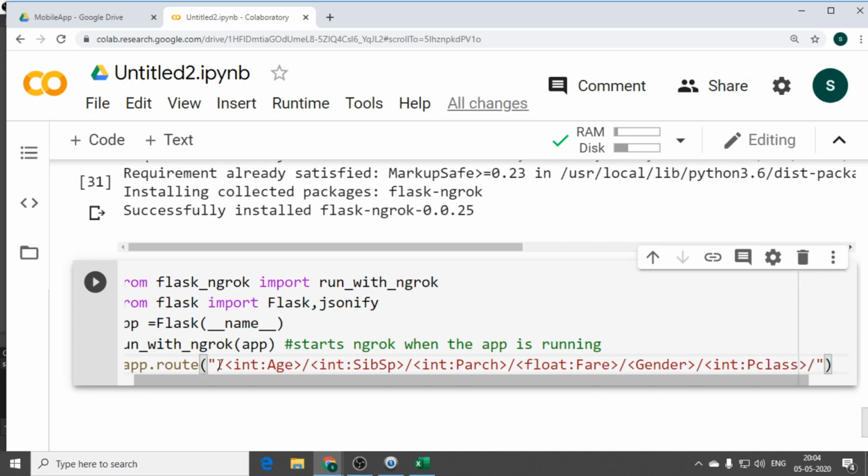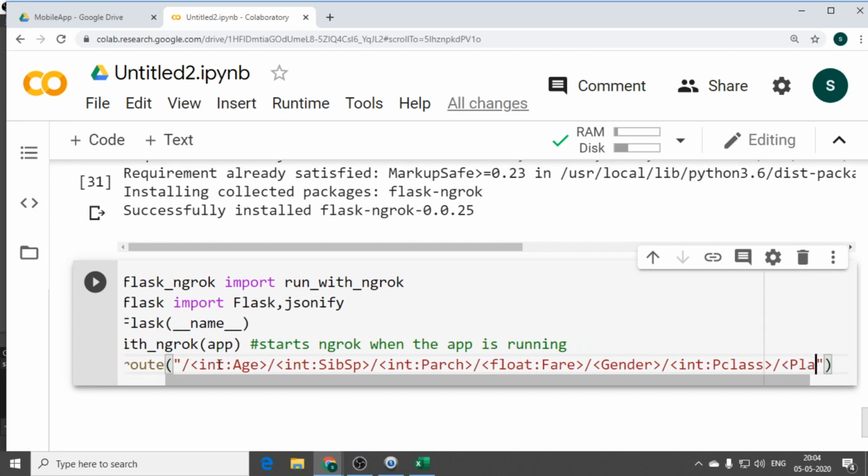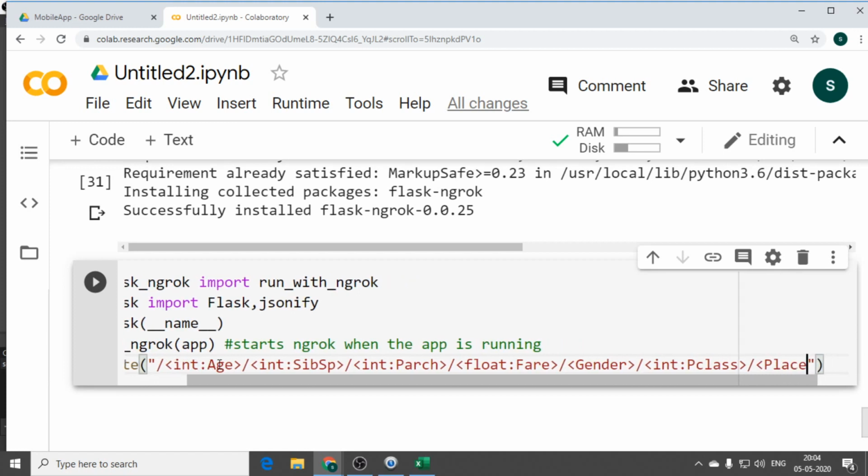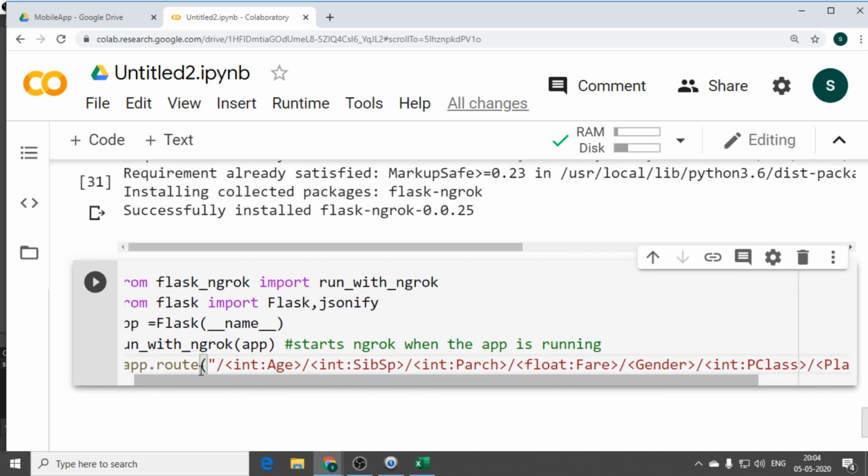This entire URL will be copy-pasted in the browser, and place is also a string that will be defined in the coming code now. Pclass is integer, place. So this is you providing routing for the URL, right?